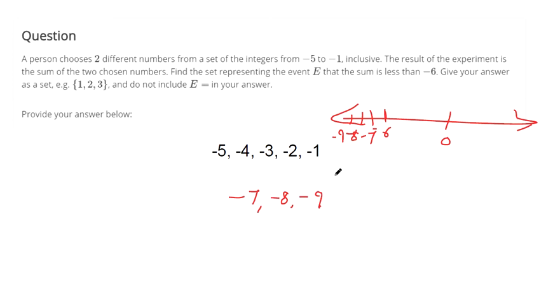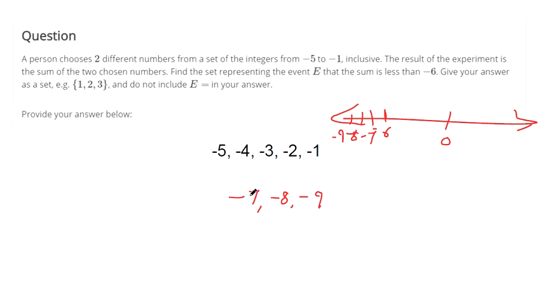And then can we replace them? It doesn't say we replace them. So we're choosing two different numbers from the set of integers. I don't know. Maybe it wants us to be able to replace them. Sum is less than. So these are the, so far,